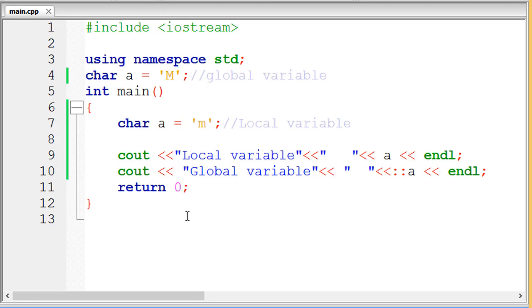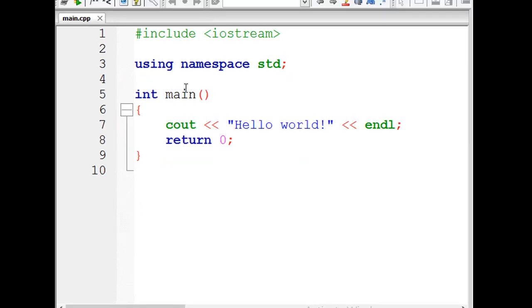The second scenario of using the scope resolution operator is when we are accessing the member functions that we define outside the class definition, right? So let's code it. So let's first define the member function. For this, we first have to define a class. So let's define the class as class cube, and this is the class. This is the class definition, right? The whole class is known as the class definition, and inside it has the body.